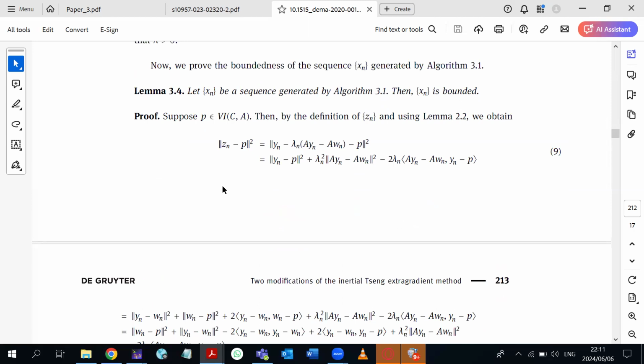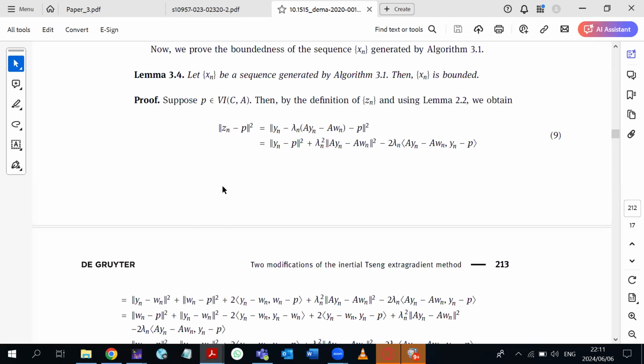Okay, so they want to establish the bandedness of the sequence, and that sequence also has in it a variational viscosity step. So any article in this world with viscosity will reach the same conclusion. Go through every paper with viscosity, and to conclude the bandedness it's the same thing, the lemma, across the board, everywhere.